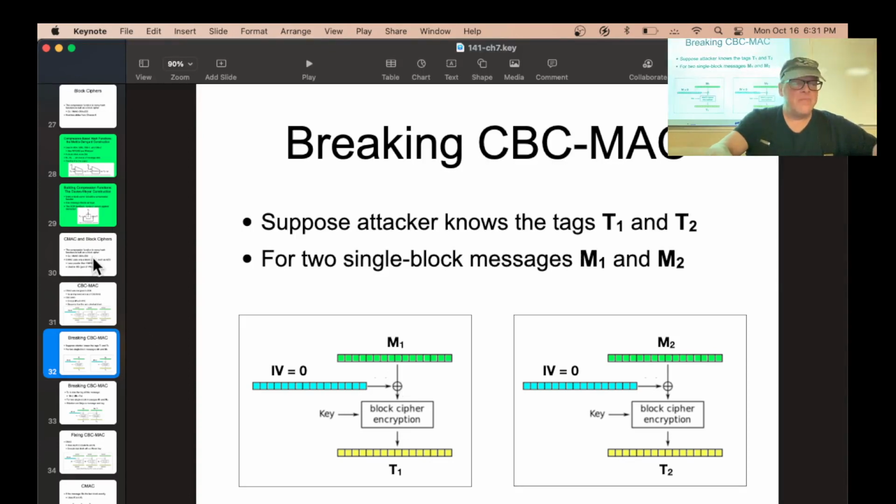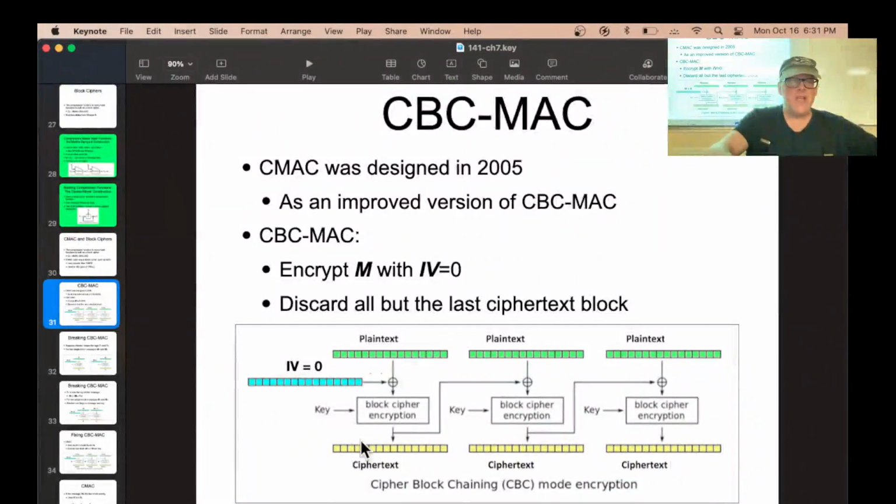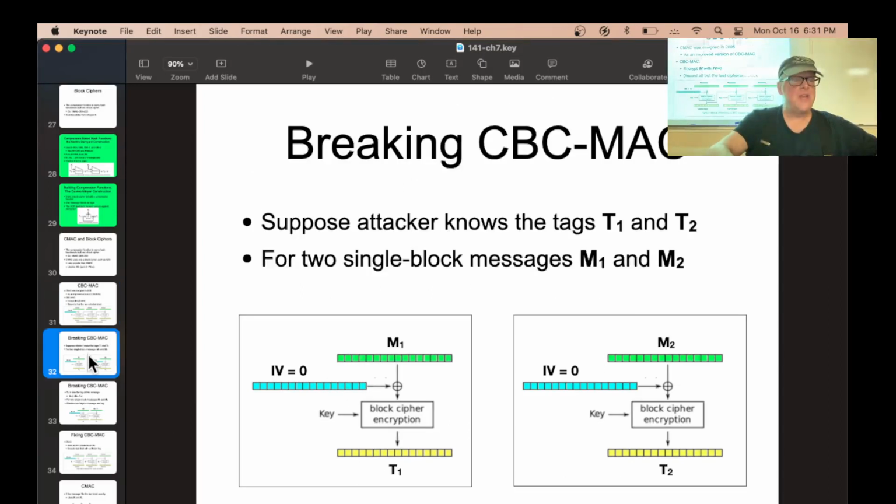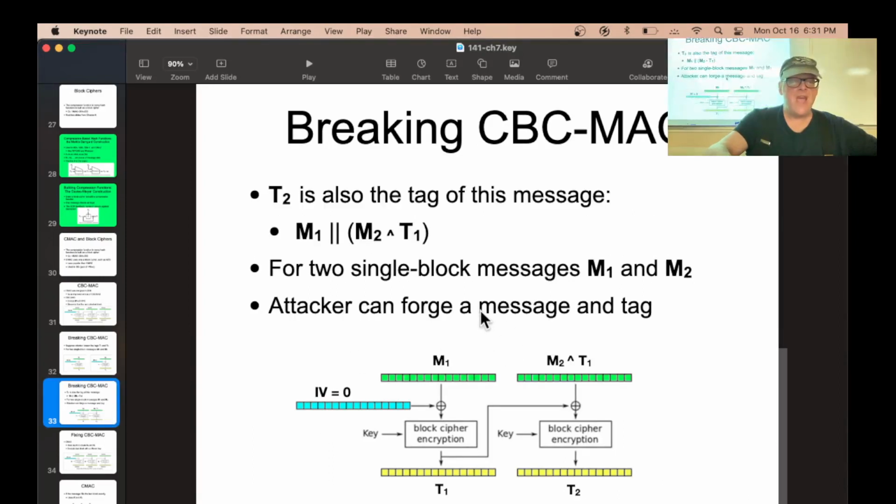If I go back to here, remember this: if all you know is ciphertext, you can take that ciphertext, and if you change one block here, it will just change one byte here because of this XOR operation. So the decryption step is vulnerable to a padding oracle attack because of this simple relationship between the ciphertext and the way you calculate the next plaintext in decryption. And it's the same kind of flaw here. This is too simple. The IV is exactly the same. So if you know the two tags, then you can combine those two tags and create, you can forge a